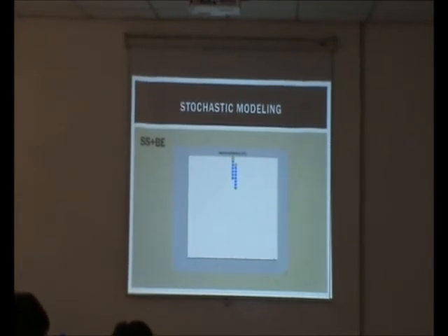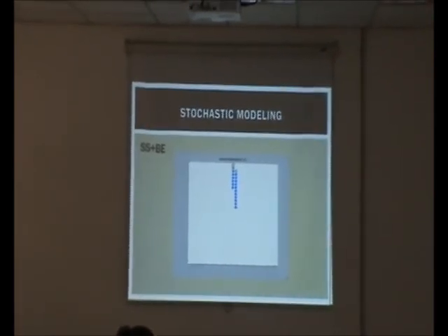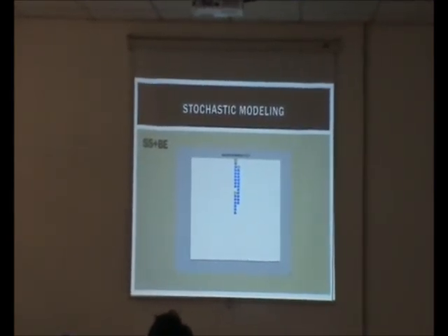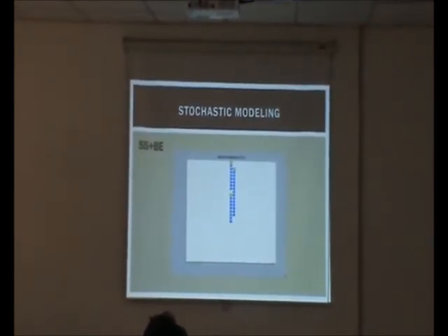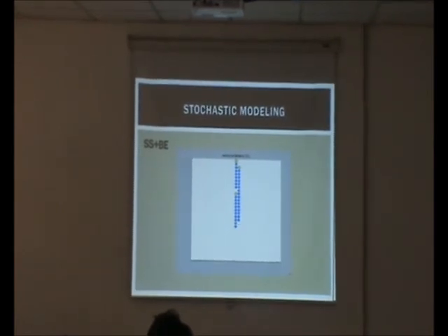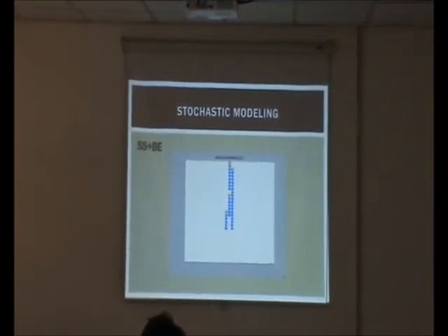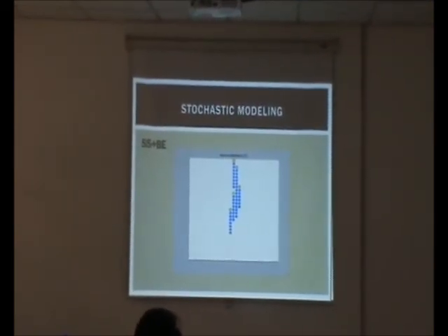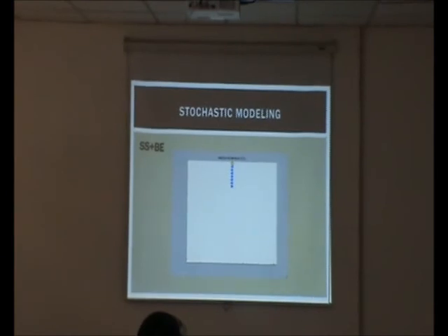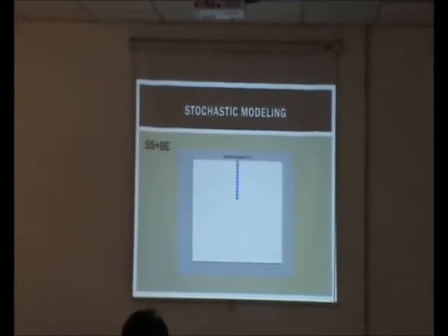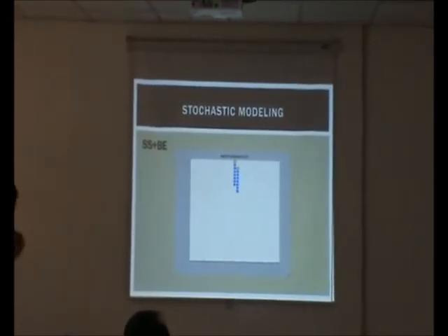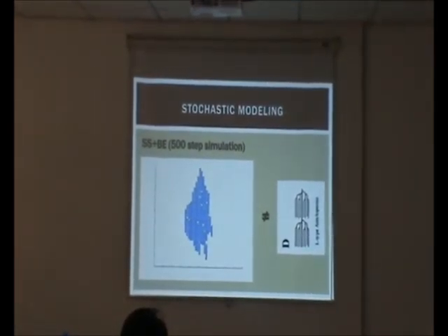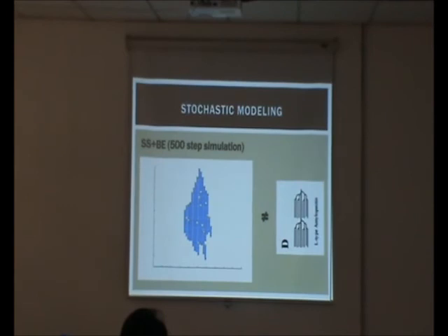So now I just combine two enzymes together, SS and BE. Okay? Same thing. Now you have to check for each chain and see. Say if chain 1 can be catalyzed by SS, write it down on a piece of paper. If it can be catalyzed by BE, write it down on another piece of paper, and then just randomly pick one of them. Okay? And by repeating this process for 500 steps, I will get something like this, which is